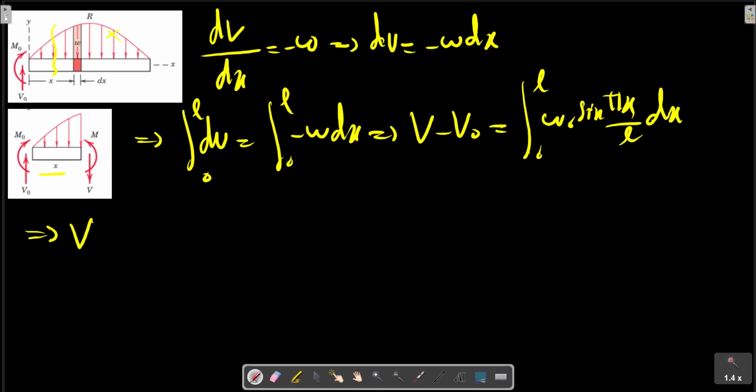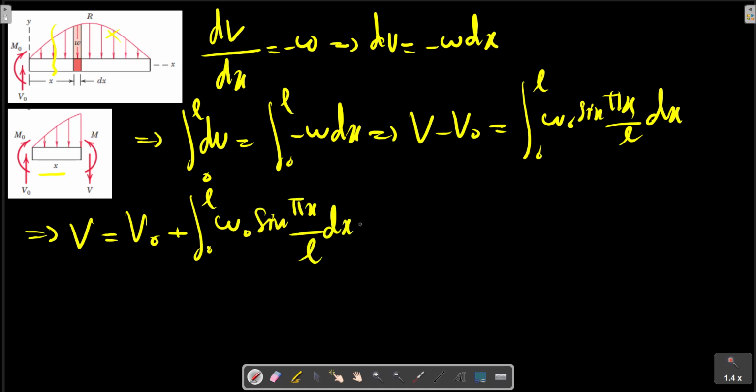So V equals V0 plus, with V0 calculated before, 2 omega 0 L on pi, plus